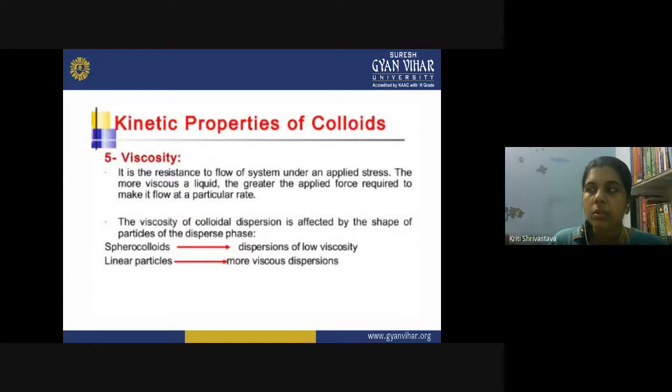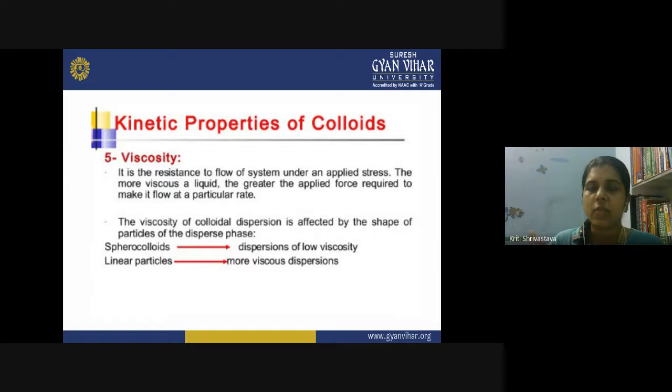So you can say the frictional forces or the resistance to flow is higher in the case of honey as compared to water. Among the water molecules, they are not hindering each other's movement, so they flow down quickly. But in the case of honey, the molecules are so closely attached that they resist the flow, or you can say there is a frictional force between the molecules of honey. So from this example, we can understand what viscosity is.